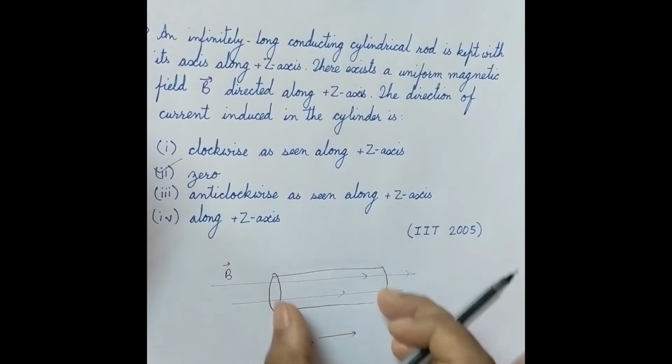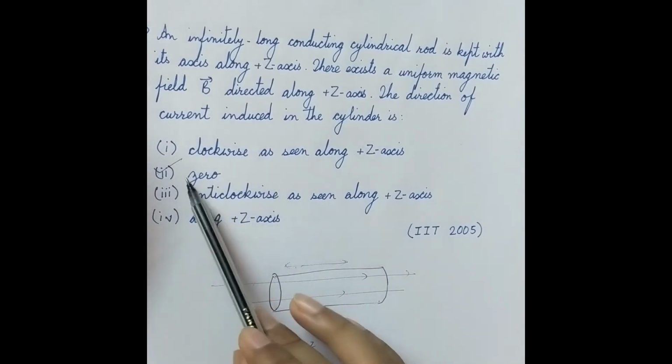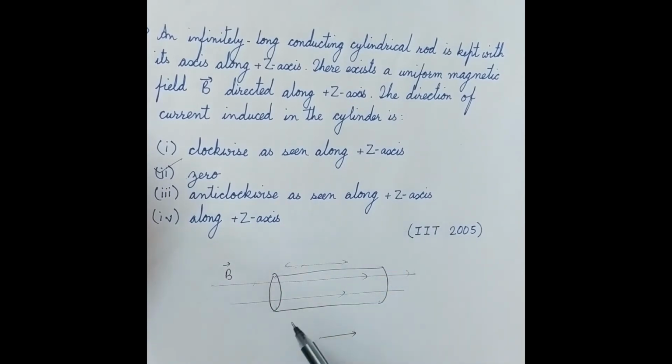So if this conductor is, suppose, moving top or bottom, then you will have the electrons and protons pushed to the other sides and you'll develop a voltage. The third way this can come is if this is moving along the z-axis. So in a uniform magnetic field, moving along the z-axis will again give 0 because there is no change in magnetic flux. But if there's a changing magnetic flux, since it's not a solenoid, you will rather be developing eddy currents. If it's a variable magnetic field and this is moving, then you will have eddy currents develop within it.